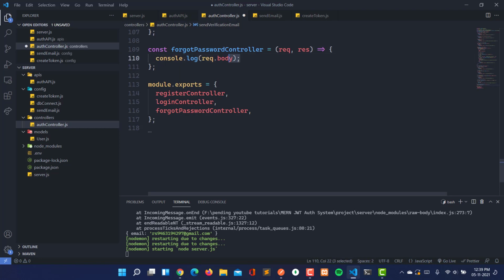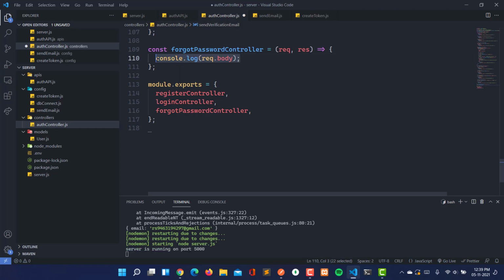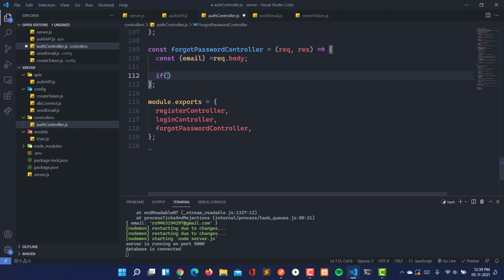So here we are going to get the email. I'm going to extract the email from the body, request.body. Then first of all, we will check if the email is there.